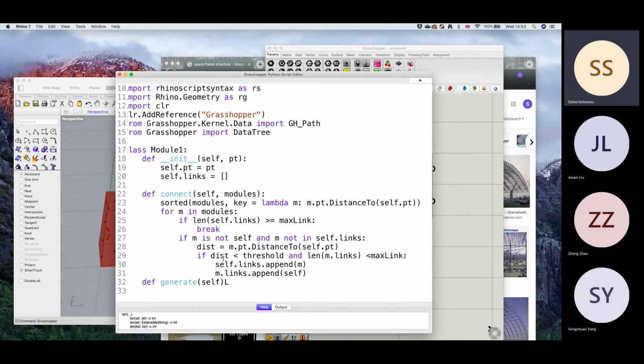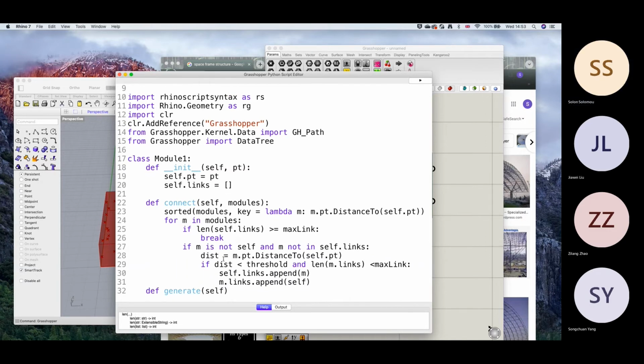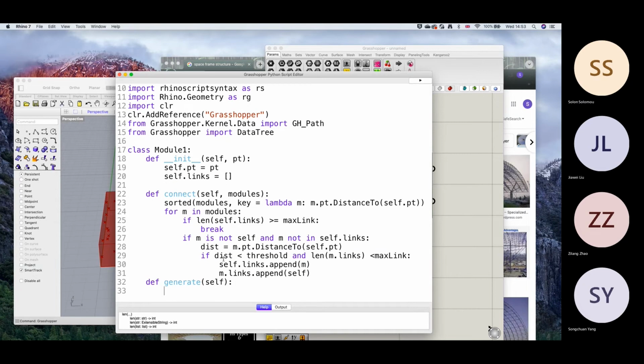Right. So we're gonna. Define generate self. ID is equal to center dot branch count. Okay, so